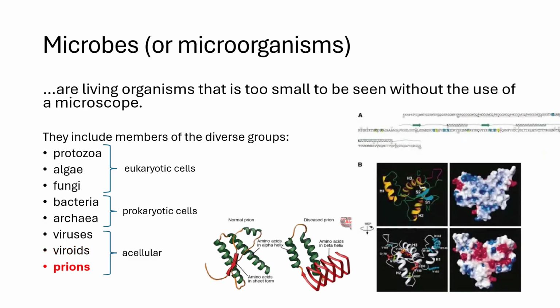Last are the prions. And these don't have any genetic makeup at all. They don't have RNA or DNA. They're composed purely of a small piece of protein. And as simple as they are, they cause neurodegenerative diseases. You must have heard of mad cow disease. Prions are the cause of mad cow disease. We're going to talk about other human diseases that are caused by prions in the